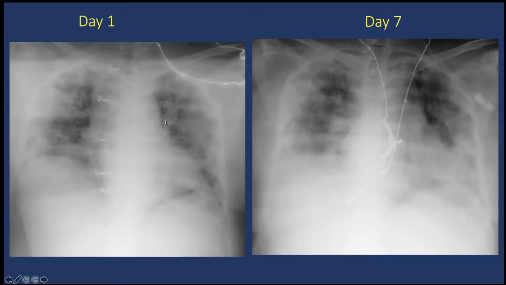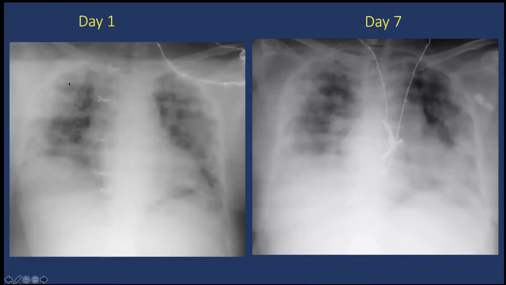On day 1, they are extensive, and there is a radiograph severity score in which we grade the severity of COVID pneumonia based on the amount of lung involved. So here we can say that there is more than 75% involvement of the right lung as well as the left lung. For each lung, we score from 1 to 4.